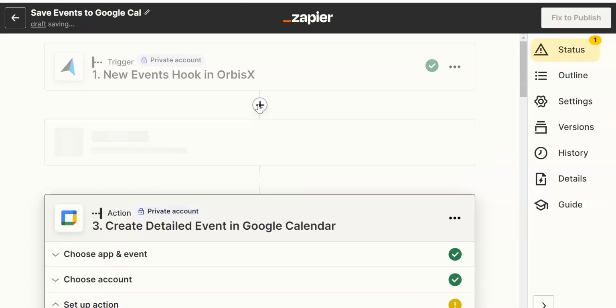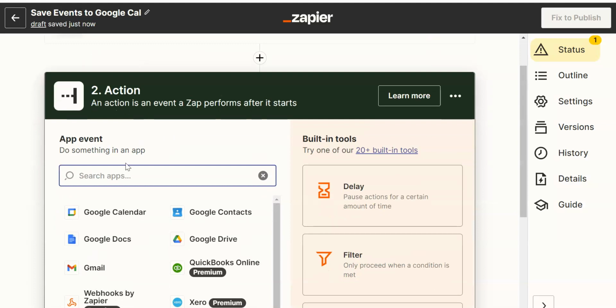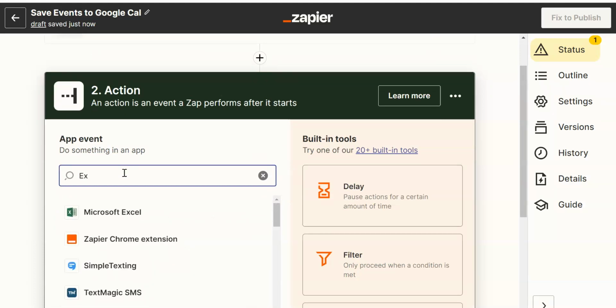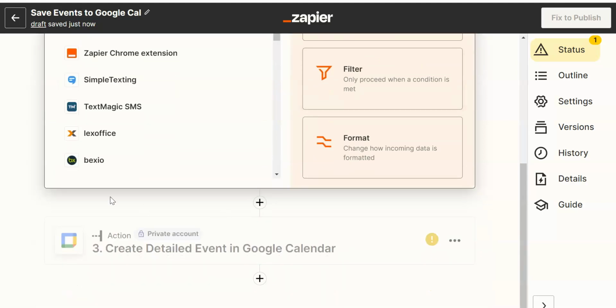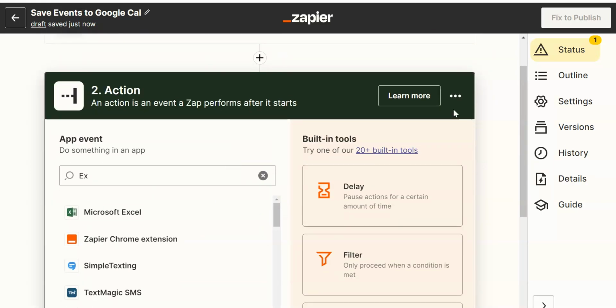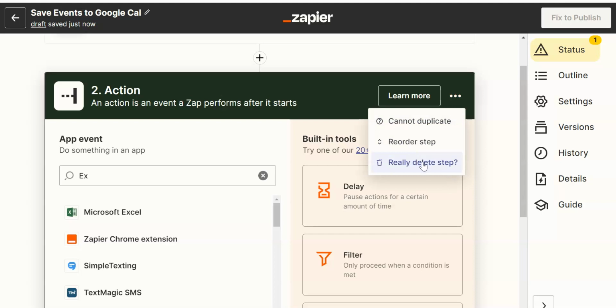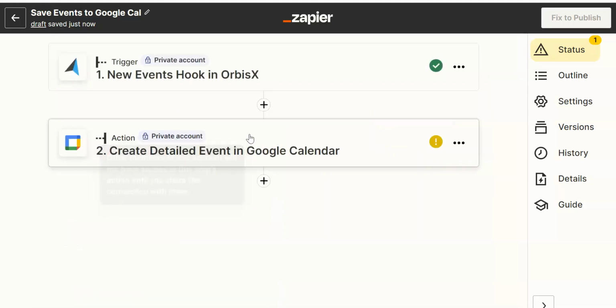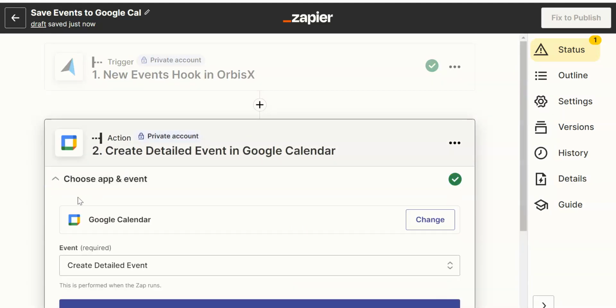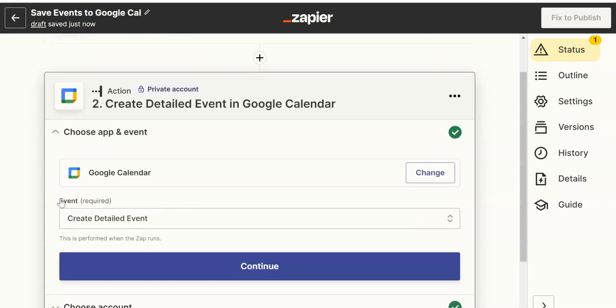You can add multiple steps. So let's say we want a step before it goes to Google Calendar, and I don't know, maybe we want to send it to Microsoft Excel Online or something like that. You can do that with multiple steps as well. Let me cancel out of this and delete step. Yes, there we go. So in this case, what we've chosen as the app is Google Calendar, and the event